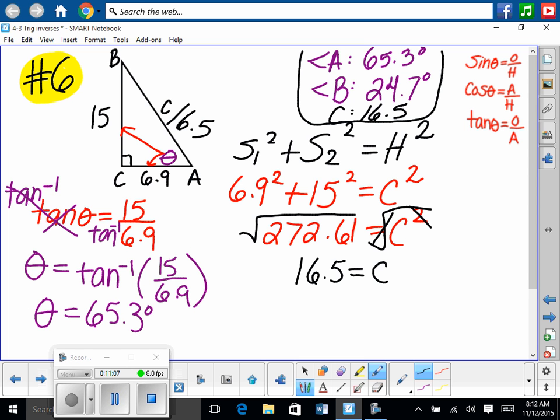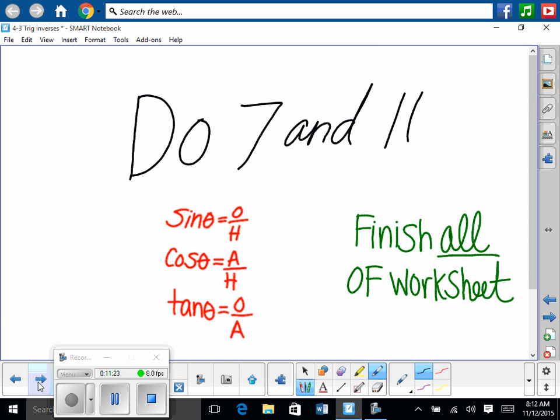So if your smallest angle is not across from the smallest side, you've done something wrong. If your medium angle is not across from your medium side, you've done something wrong. So you guys, it's a good way on the test to check and say, does my triangle make sense? And if not, go back and start over. All right, so now I want you to do 7 and 11 so that we can move on to today's